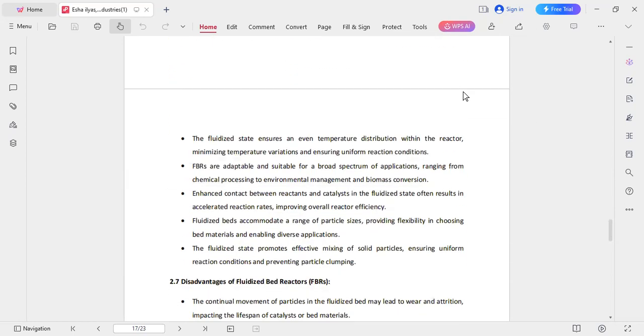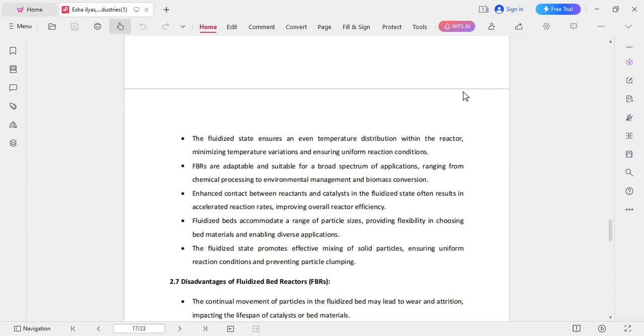The fluidized state ensures an even temperature distribution within the reactor, minimizing temperature variations and ensuring uniform reaction conditions. Fluidized reactors are adaptable and suitable for a broad spectrum of applications ranging from chemical processing to environmental management and biomass conversion. Enhanced contact between the reactants and catalysts in the fluidized state often results in accelerated reaction rates, improving